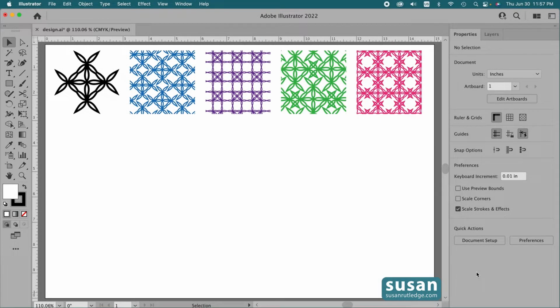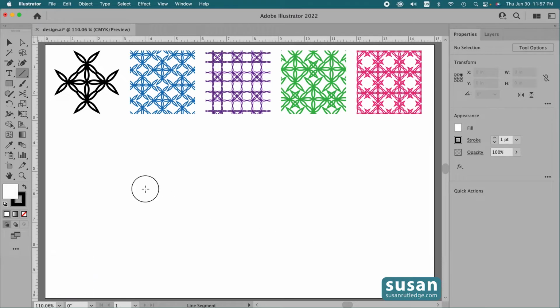Hi, I'm Susan Rutledge, and in this video I'm going to show you how to create the design that's on the top left corner of my artboard and then take that design and very quickly make 4 completely different patterns in Adobe Illustrator. I'll begin with the line segment tool, a keyboard shortcut \, and I'll click on the artboard